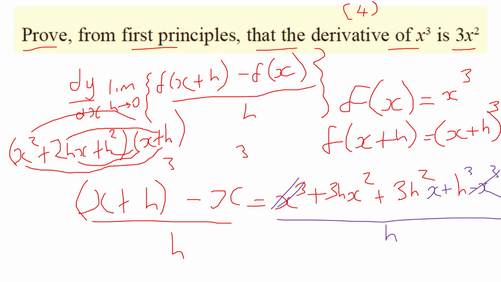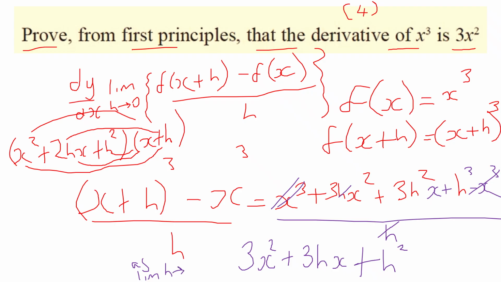divided by h. So knock off the power of h, we're going to get 3x squared there, because that h is going to cancel with that h there. Then that power is going to come down by 1, so 3hx plus h cubed divided by h gives us h squared. Now remember what we said at the start here, as the limit of h tends to 0,